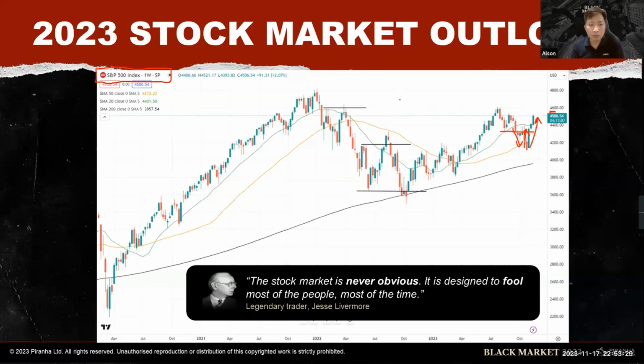And just by using a simple method, bull trap and bear trap, which I'm going to teach you guys later. In fact, let me share a few. Like over here, and over here. These are what we call bull trap patterns. I'm going to share more details later on bull traps and bear traps. So a bull trap is actually bearish.